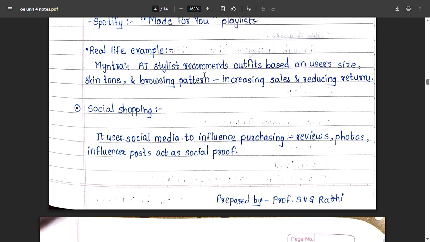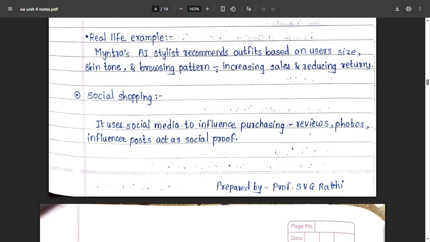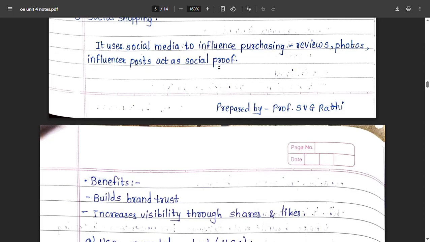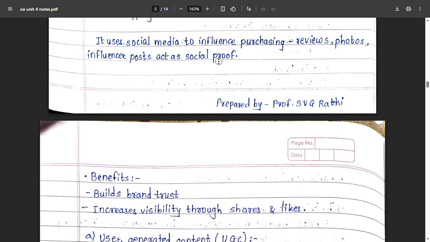So what is this now? Content like reviews, photos or videos created by real customers that help others make buying decisions.